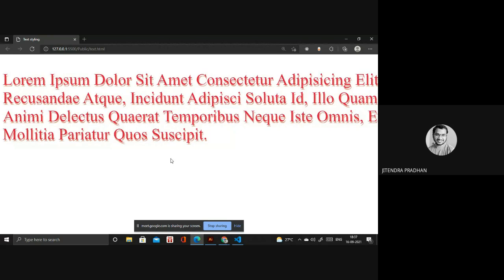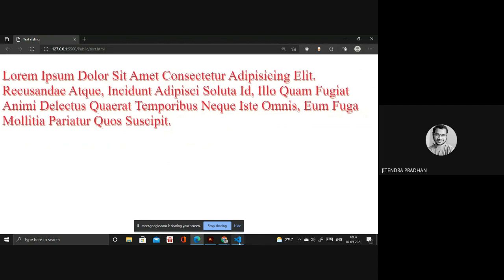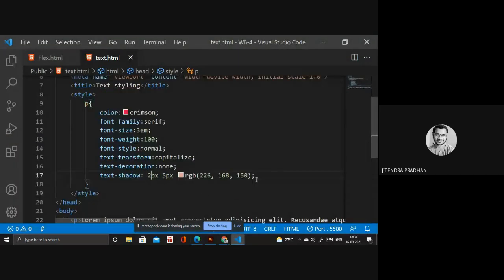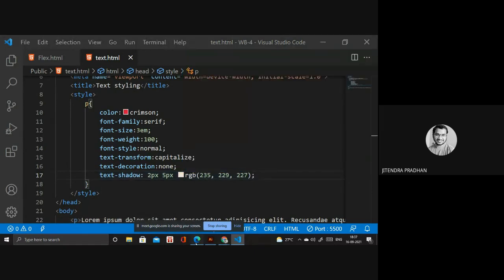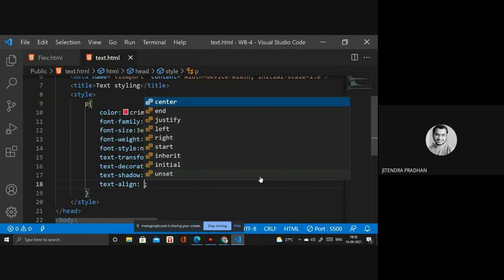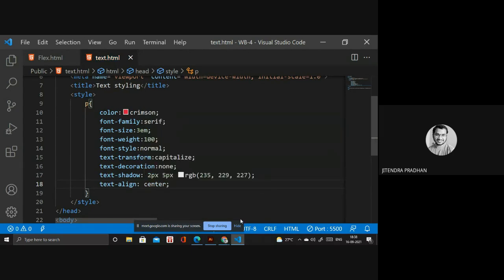So next thing we have is text alignment. You know that for text alignment we have center, left, right, all these things are there. I will change the color, it's better because it affects all. So next we have text-align. We have center, justify, left, right, start, but if I use center, let's see what happens.